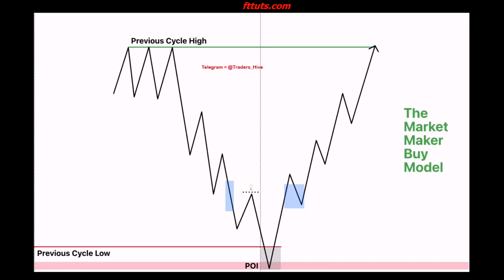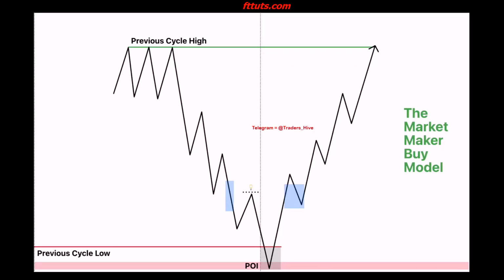Something else that I want to share with you is the following. When we take a look at ranges, we can understand that the previous cycle is not only important due to its respective high and low, but it's also important due to the price range between that high and low. And one of the things we can immediately annotate is 50% of the previous cycle's range, meaning equilibrium of that range. But there's more that we can apply there. We can, for example, apply quadrants within that range to establish what key price levels are. And if you would apply those quadrants between the previous cycle high and the previous cycle low, and also pay attention to equilibrium, you will see how the market will react off those levels